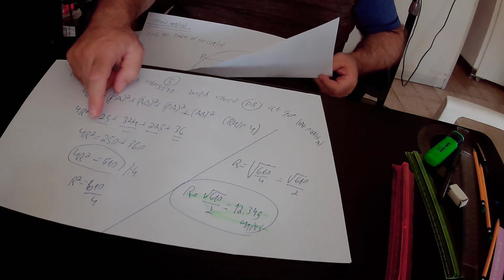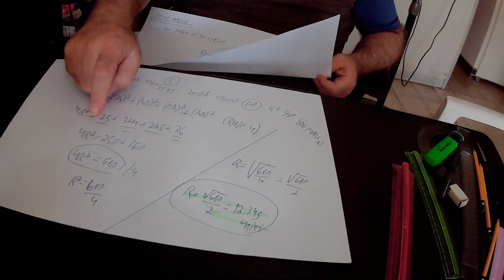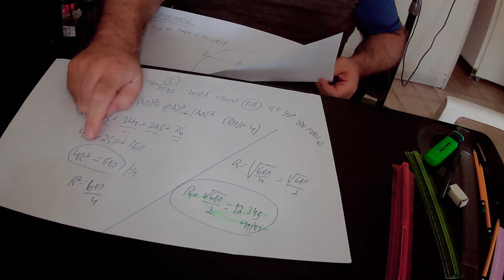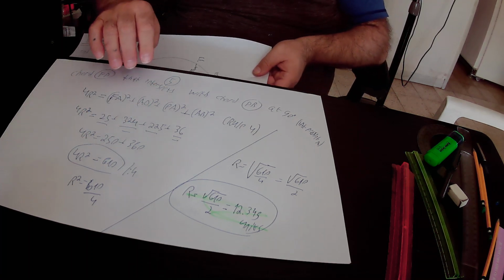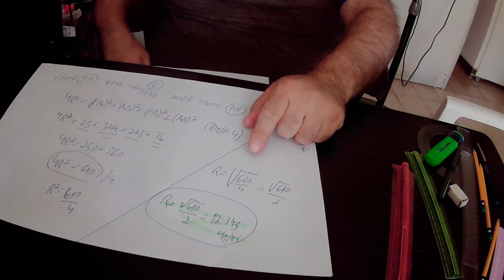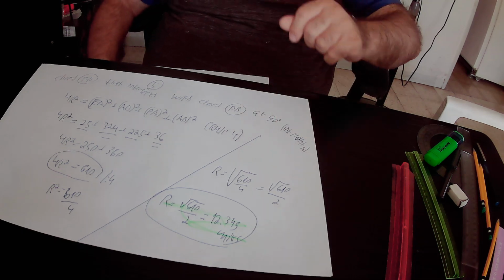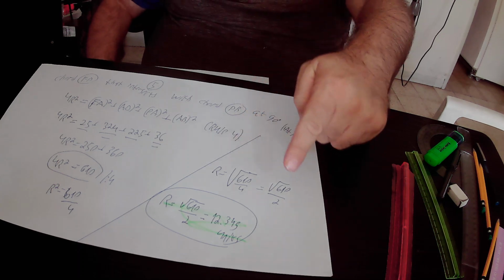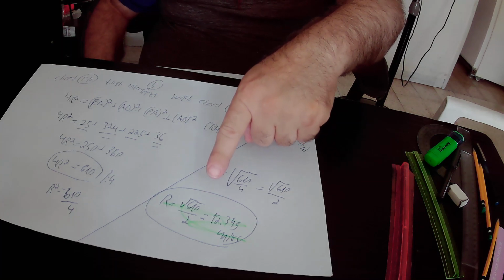So in conclusion, we found out that 4R squared equals 250 plus 360. 250 plus 360 is 610. So 4R squared equals 610. We divided this equation by 4 and found out that R squared equals 610 over 4. Here we took a root of this equation and found out that R equals the square root of 610 over 4. That is to say, R equals the square root of 610, and the square root of 4 is 2. So in conclusion, R equals the square root of 610